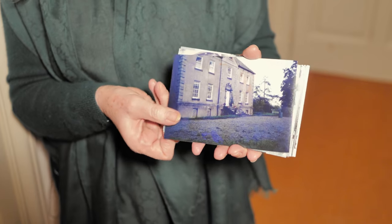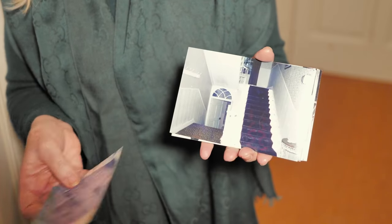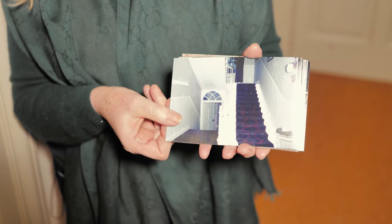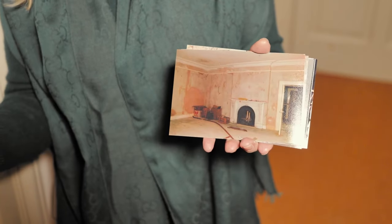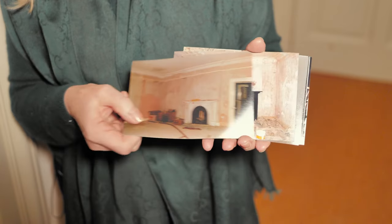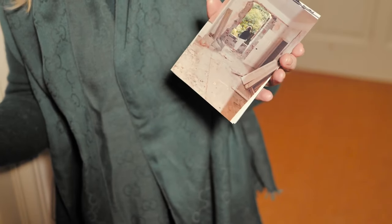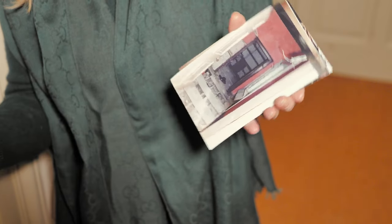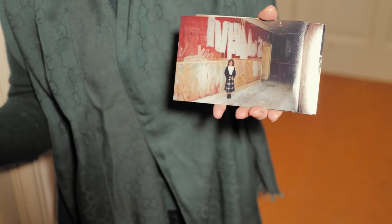Thank you all for coming on this journey with us today. Before I take you to our final room, I'd like to share some images with you. The facade, the rear of the property, the entrance hall, the cabinet, the drawing room, the dining room, the sunroom, the morning room, the butler's pantry, the upper gallery floor,